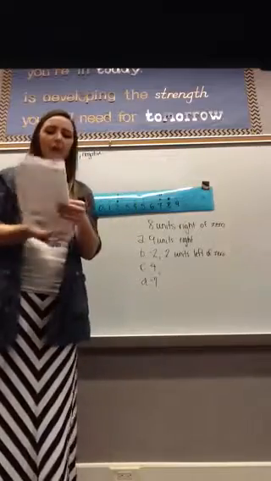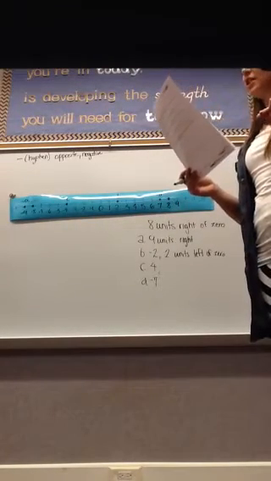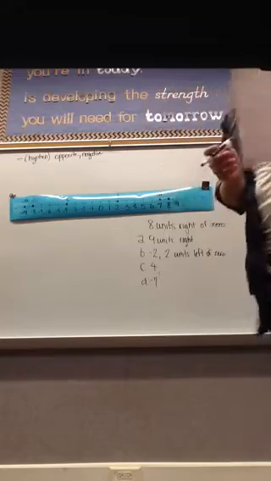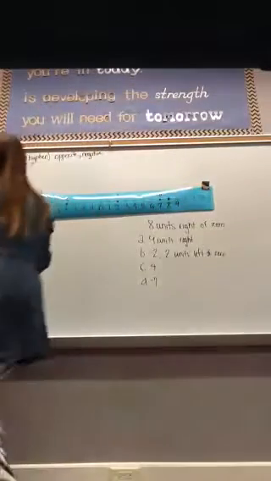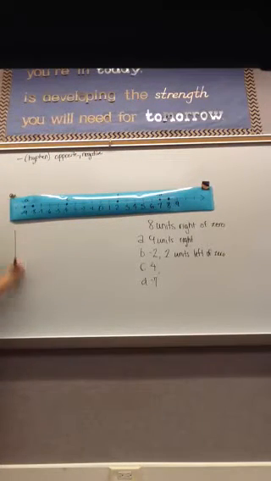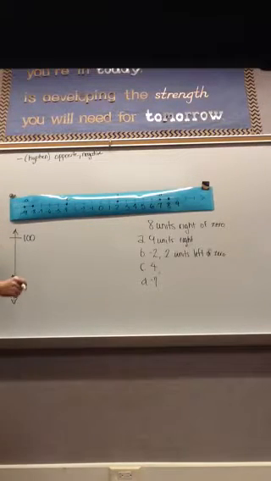Okay, go ahead and turn to the back page. Number 3. The directions say to write the integer that represents the opposite of each situation and explain what 0 means in the situation. Okay, so for A it says 100 feet above sea level. So when it uses the word above, that makes me think of a vertical number line. So my value is 100 feet above sea level. The directions say to write the integer that represents the opposite. So the opposite of 100 feet above sea level,